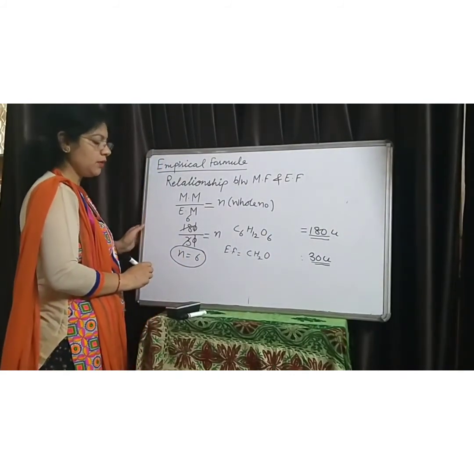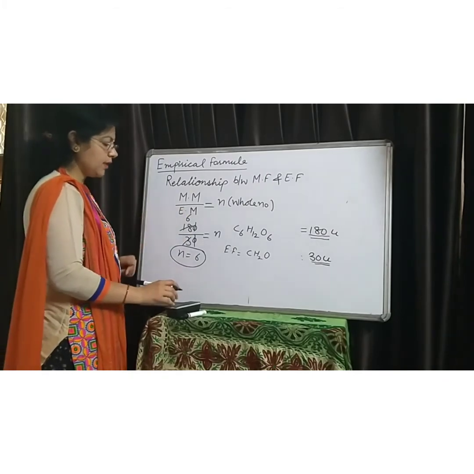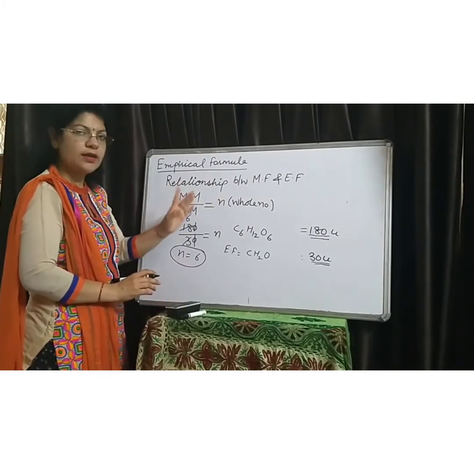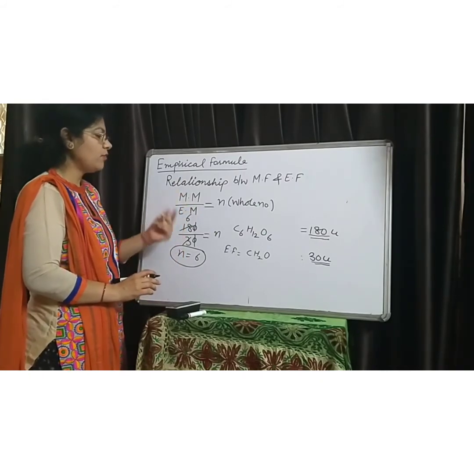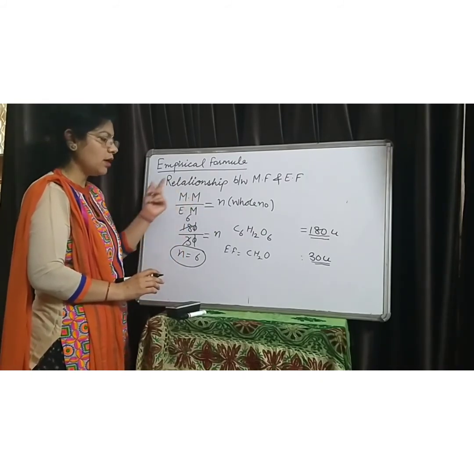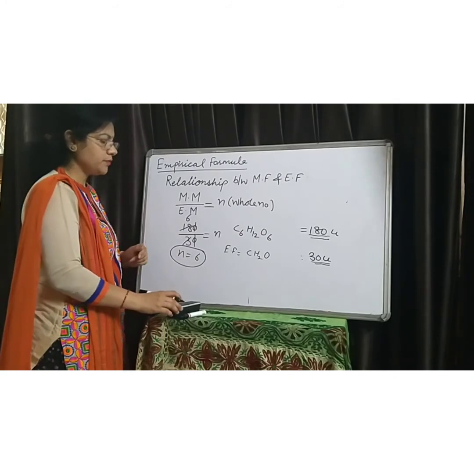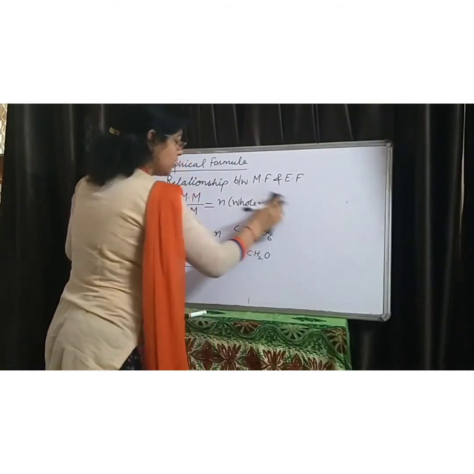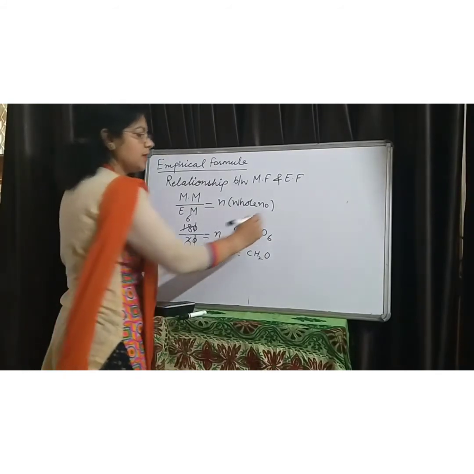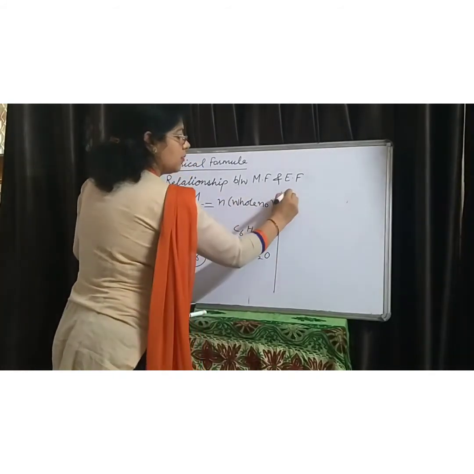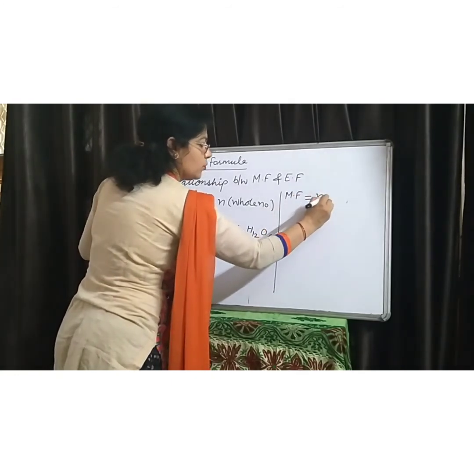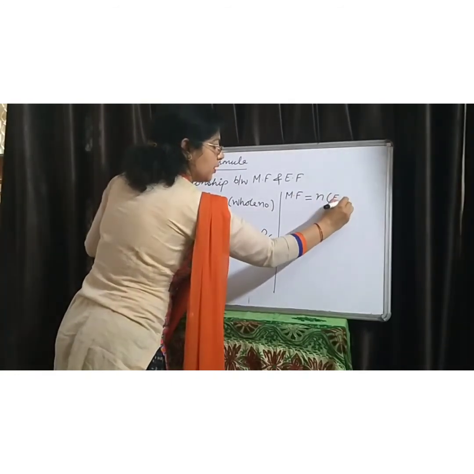Or simply, if one formula and the value of n is given to you, then you can easily calculate the other formula. From this equation, we can say that the molecular formula of the compound is always equal to n into the empirical formula,